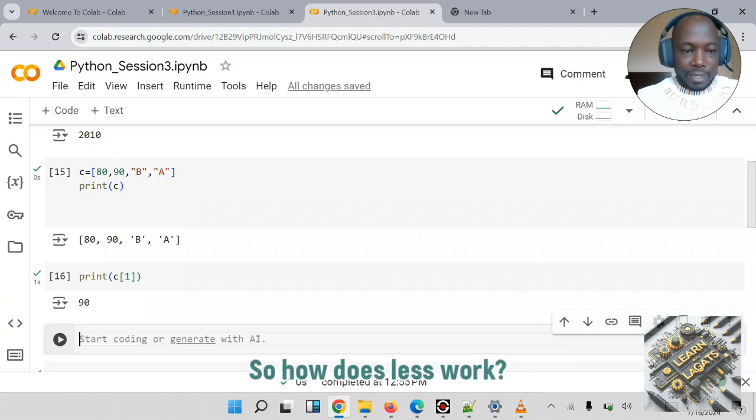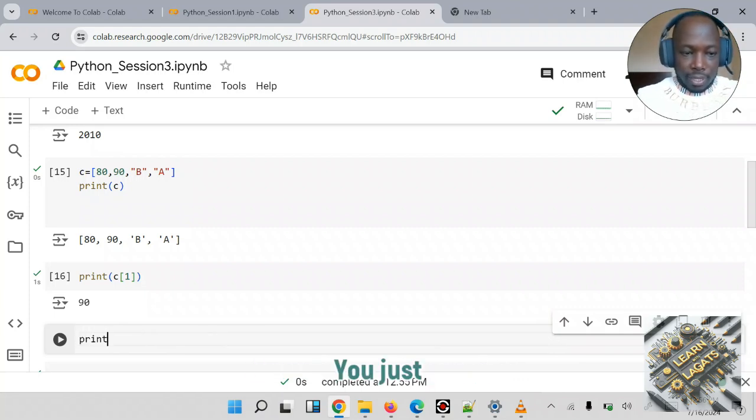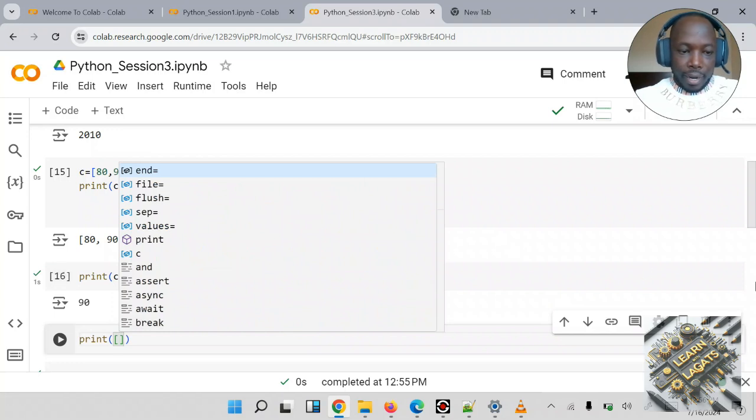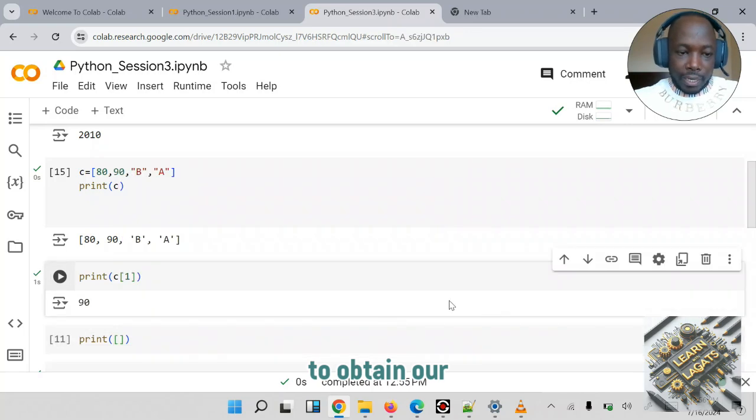So how does slicing work? Let me show you. You just put print. You put your brackets. And we are going to use the indexes to obtain our